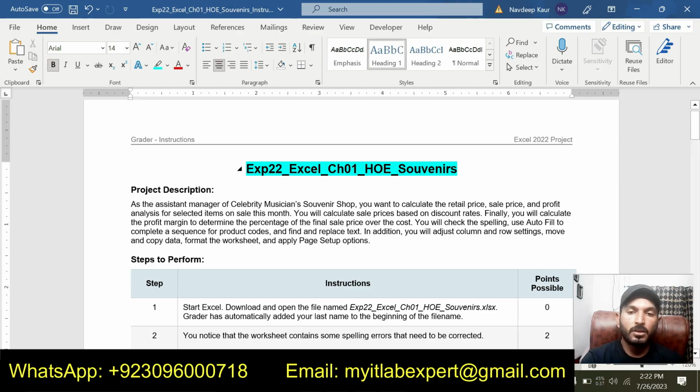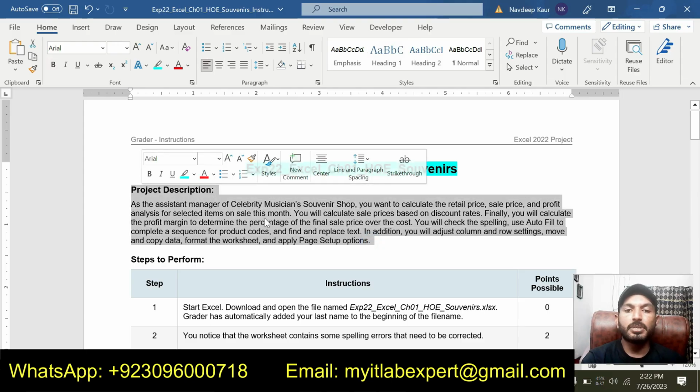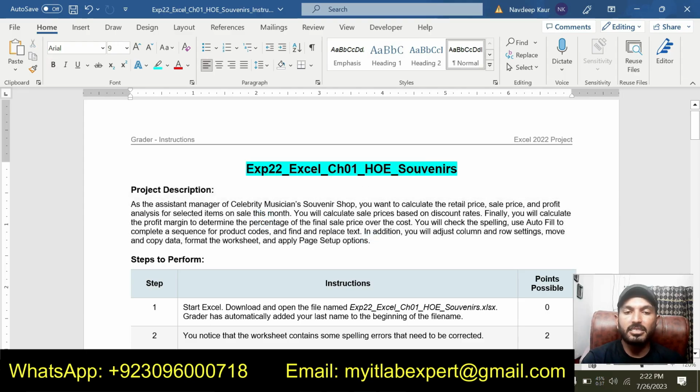At the start of the instruction file, you can see that the project description is given. Please read this project description so that you can get an idea about the assignment. You will have an idea before starting from step 1. After reading this project description, we will move to step 1.